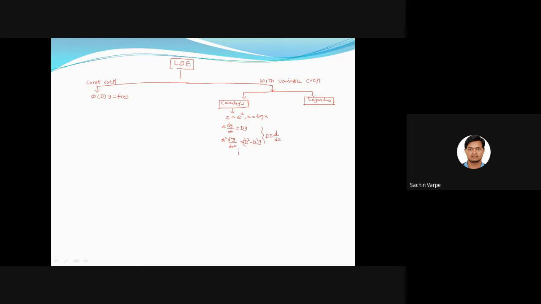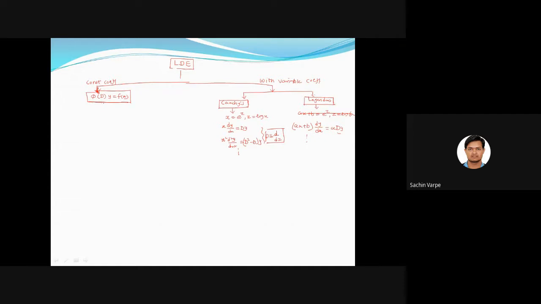And in Legendre's, what kind of coefficients are there? Ax plus b raised to powers. So we substitute ax plus b as an exponential function, and with this z becomes log of ax plus b. Clear? So with this, ax plus b dy by dx becomes a into D y, right? And so on, where this capital D is again the derivative with respect to z. So with all these substitutions, we are converting Cauchy's and Legendre's into this form with constant coefficient, with the new independent variable z.